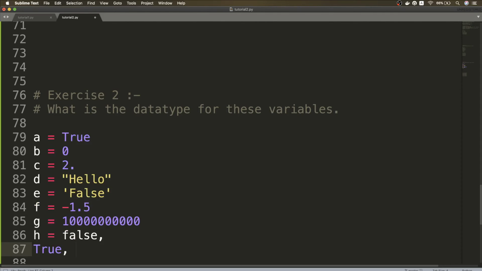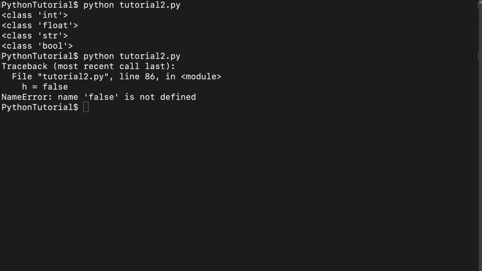But for a bool, I already told you that there are only two values for a bool, that is True and False. And Python is a case sensitive language. Thus False is not equal to a false with a small f. Thus this False does not represent anything, and basically Python does not know what this False object or value is, and thus this is a statement that is giving an error. We comment it, and then this program should run fine.